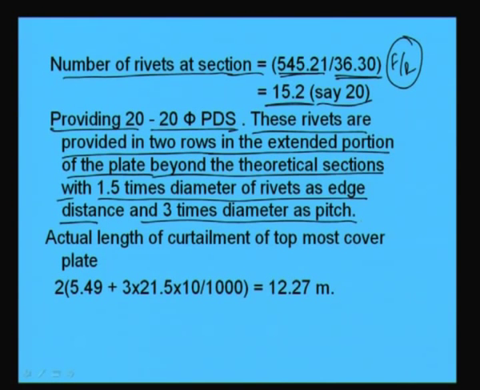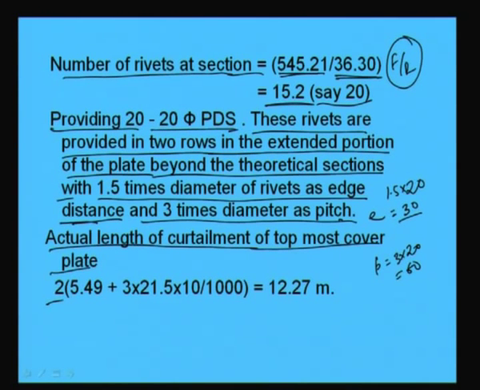So, what we are doing is assuming 3 times the diameter as pitch distance and 1.5 times the diameter of rivet as edge distance. So, edge distance will become at least 1.5 into 20, that means 30, and pitch will become 3 into 20, that is 60, right. Now, actual length of curtailment of topmost cover plate will become this: